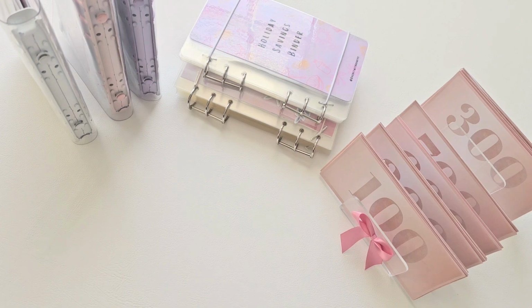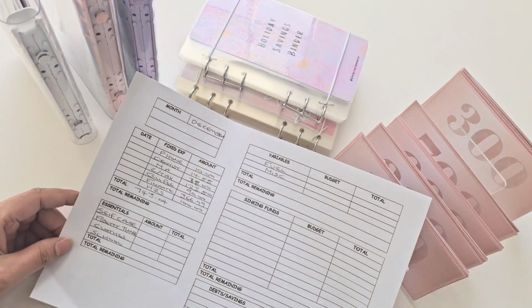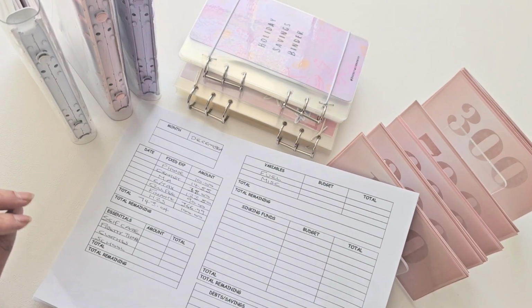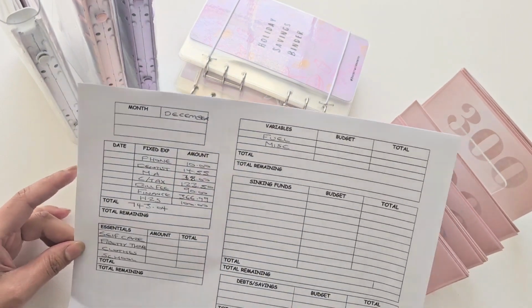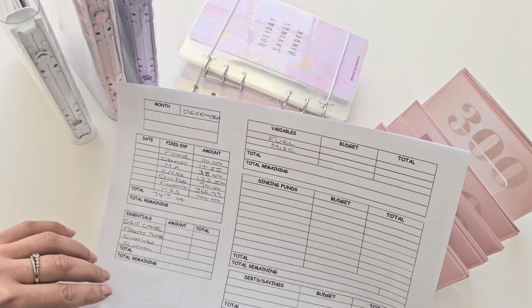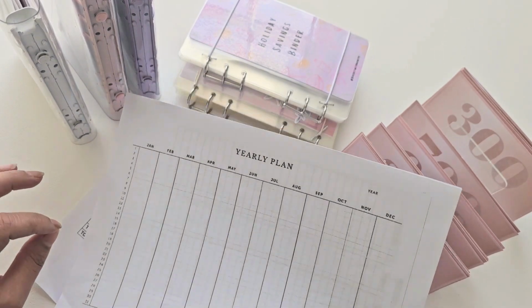So first things first, I need to show you this sheet. I don't know whether I've shown this before, actually. This is one that I made myself. I've got budget books, I've got the whole lot, but I needed to make one that is more catered to me. So before I do this, I need to do a bit of rejigging about. I've got this sheet here. And if you have been following me from last year, or you've seen last year's video, you will see,